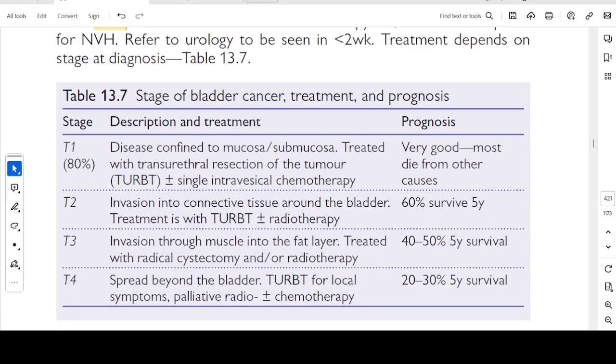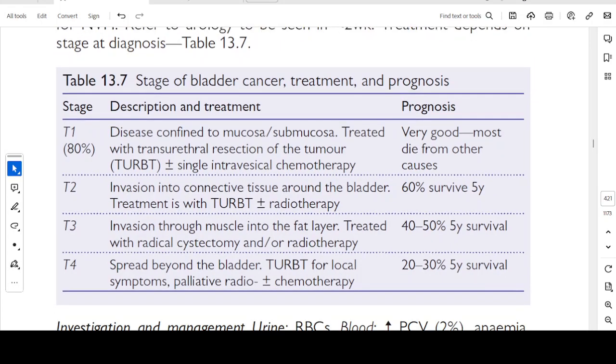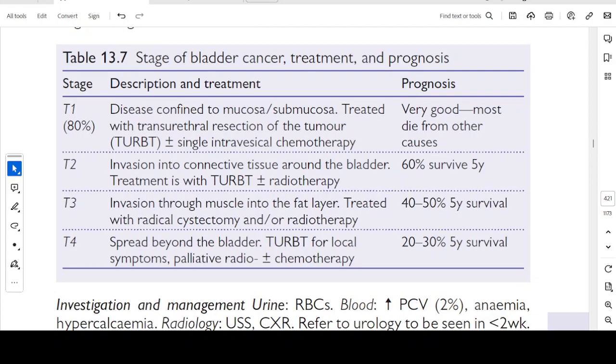Table 13.7: stage of bladder cancer, treatment and prognosis. Stage T1: disease is confined to the submucosa or mucosa, treated with transurethral resection of the bladder tumor, TURBT, plus single intravesical chemotherapy. Very good prognosis, mostly die from other causes. T2: invasion into the connective tissue around the bladder. Treatment is with TURBT plus radiotherapy. 60% survive 5 years. T3: